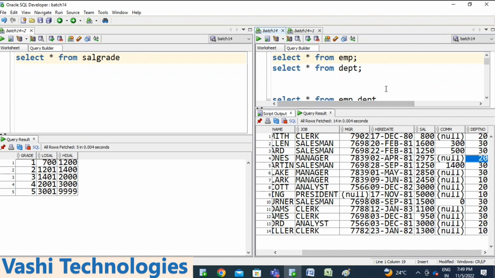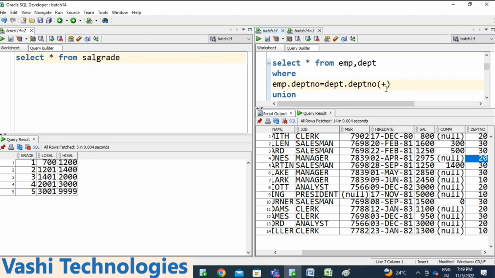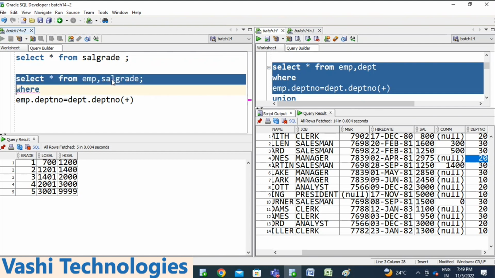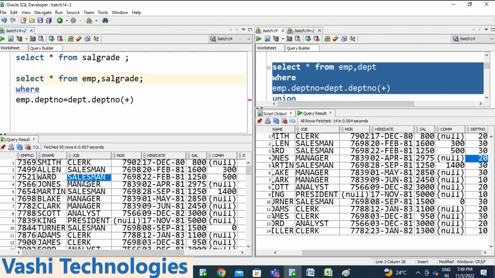Now we retrieve with the EMP table and the sal grade table. Now I'm trying to retrieve EMP comma, sorry, sal grade. Now we are getting 14 into 5, 70 records. So how can we make the relation of this? EMP of salary.